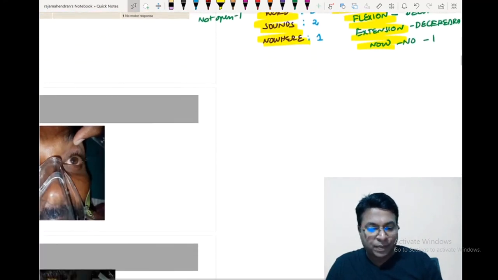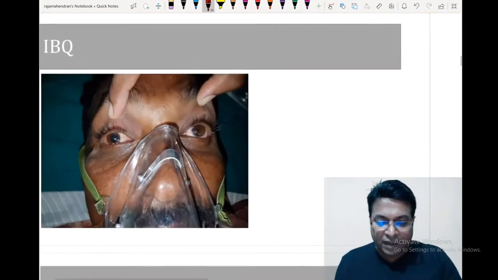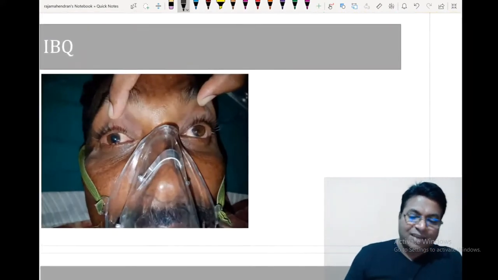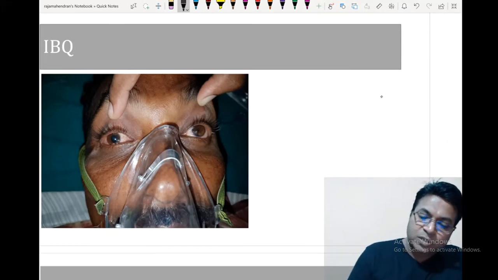Okay, very good. So now I am showing you some images of trauma patients. You have to find out what is the finding. So can you find out what is this patient? This patient is having a head injury. He is having a fixed dilated pupil on the right side. Can you see? This is known as